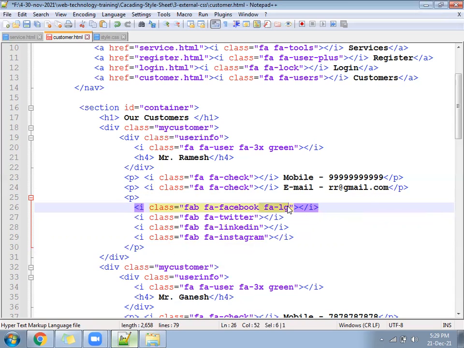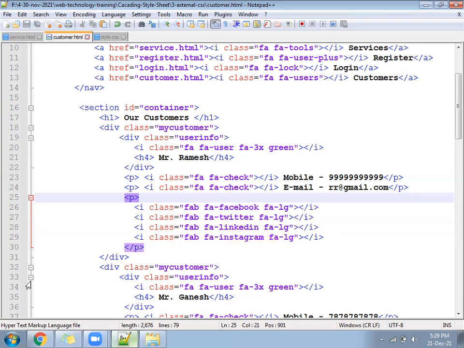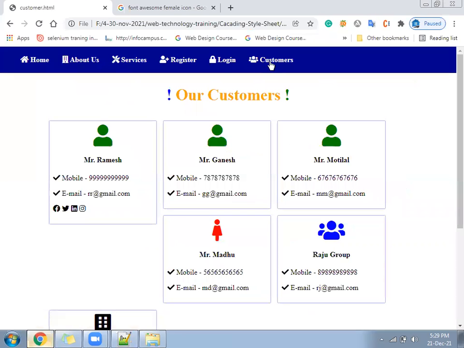If it's coming very big, then it is difficult. So we have to add it in all the places.